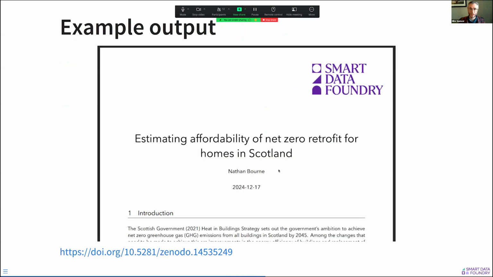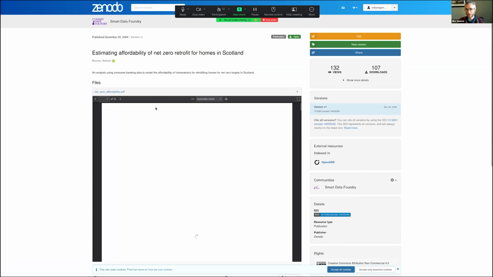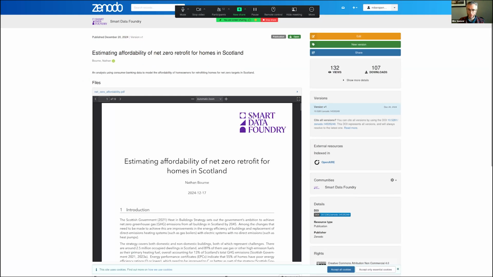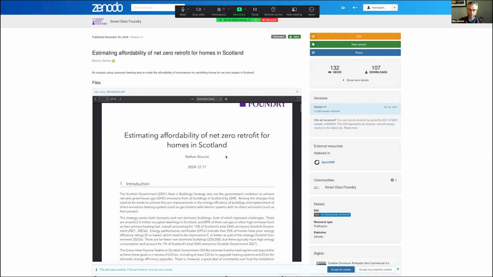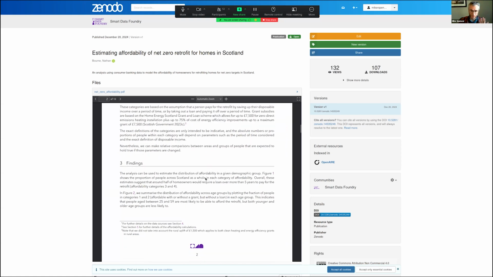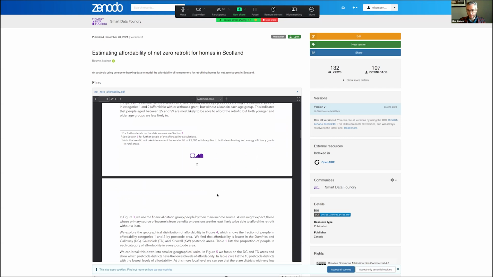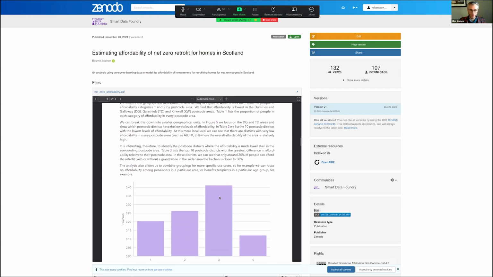So I mentioned there about technical notes. This is some work that a colleague, Nathan, did on net zero affordability in Scotland. So we can follow through to the DOI and see this on Zenodo. And just as soon as it renders, we can see we've got some nice branding going on, nicely laid out. We've got some footers. I'm not saying any of this is rocket science, it certainly isn't, but I think the ease of being able to make this kind of professional output